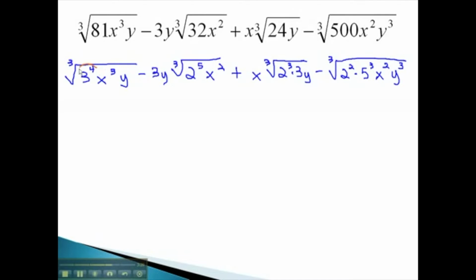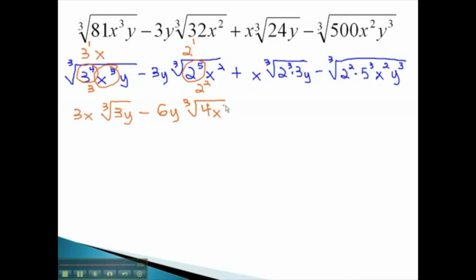in the radical. 3 to the 4th, dividing the exponent by 3 gives us 1, and 1 3 remains in the radical. X cubed, dividing the exponent by 3 means 1x can come out. We now have 3x times the cube root of 3y, minus 2 to the 5th. When we divide that exponent by 3, we get 1, but there's also a remainder of 2. 2 times 3 on the outside gives us 6y times the cube root of 2 squared, or 4x squared,